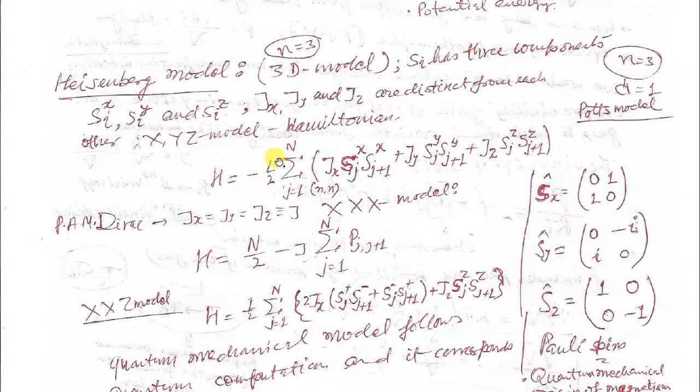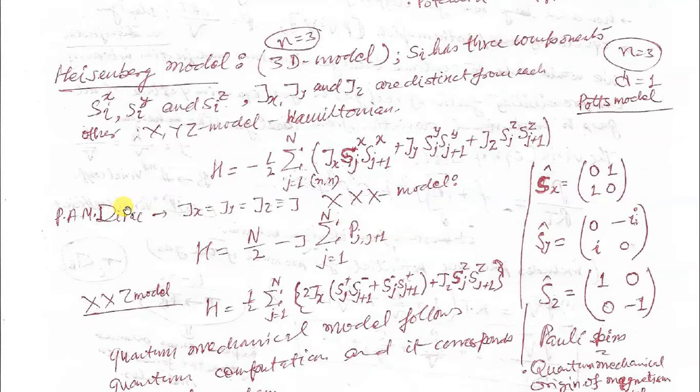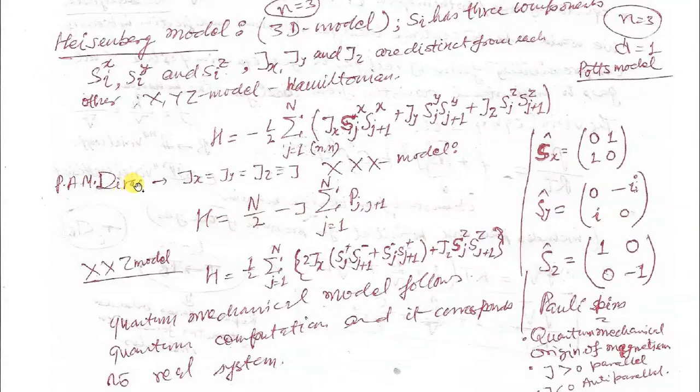So the Hamiltonian in this case is minus 1/2 sum of J, with the sum over nearest neighbors. This is for the x component, similarly for the y and z components. So this forms the basis of the elementary structure of the Hamiltonian for the Heisenberg model. This model was solved by P.A.M. Dirac for the case when Jx, Jy, Jz are all taken equal to J. So this is the model solved by him.